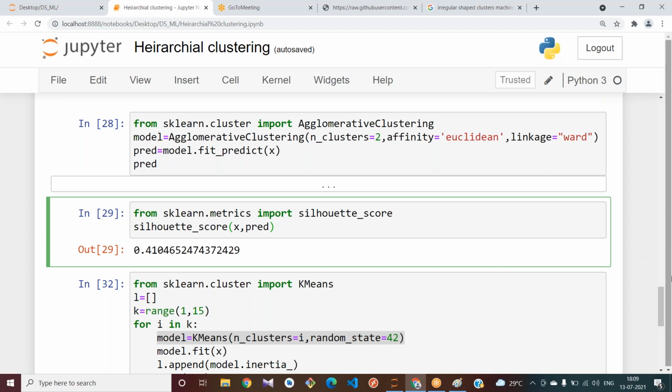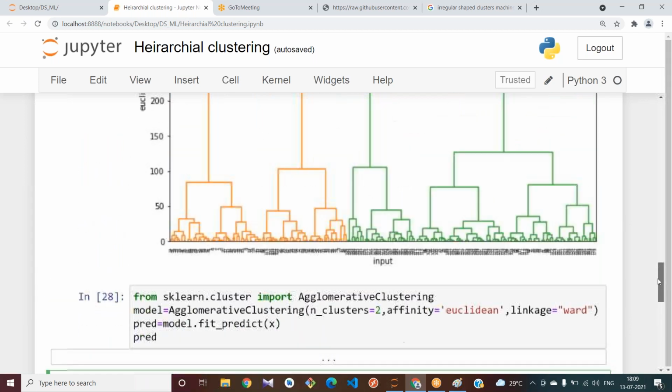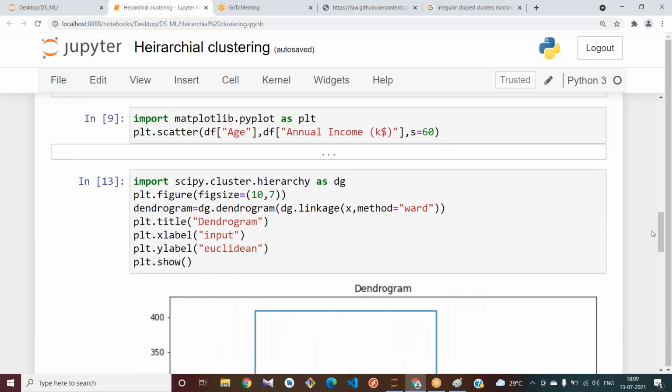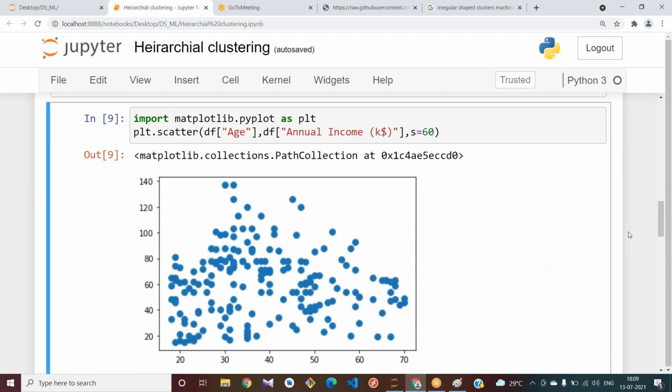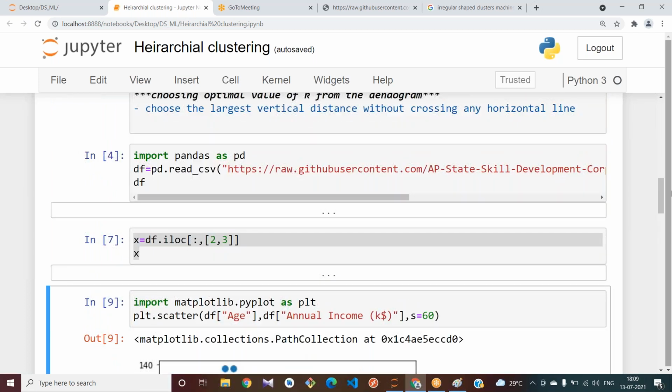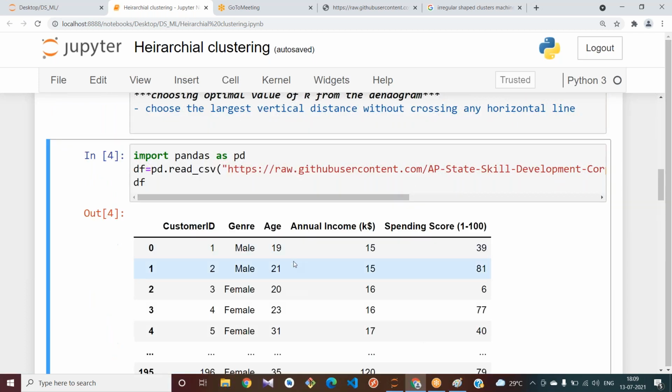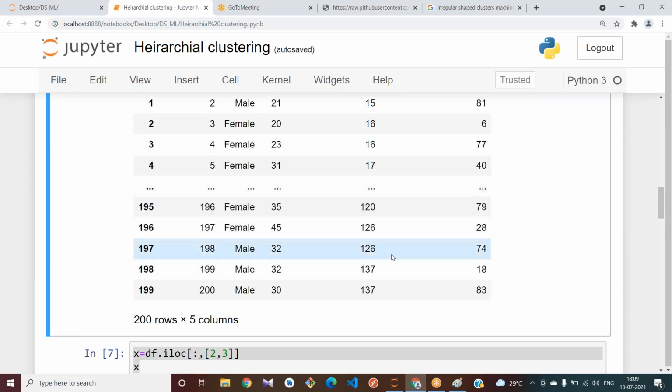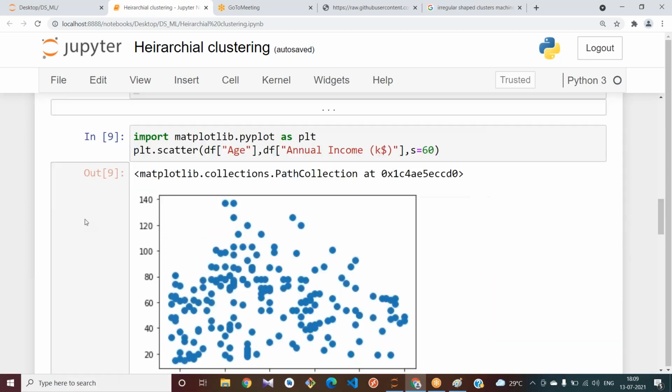Why I am applying scaling is, here the age is some 20, 30, 40, 50 up to some 100 only, right? But your salary, nothing but your annual income, you have values up to 140 like that.